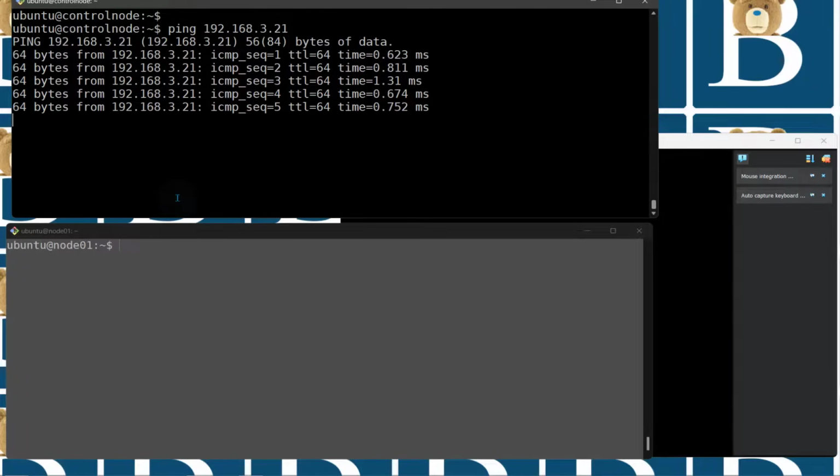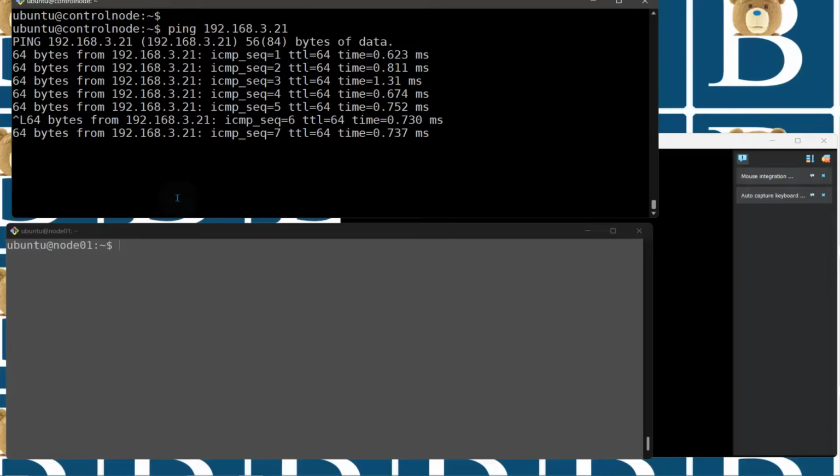Right, so you can see the nodes can talk to each other, and the hosts can also talk to the nodes. The nodes have access to the internet, so we can install Kubernetes,